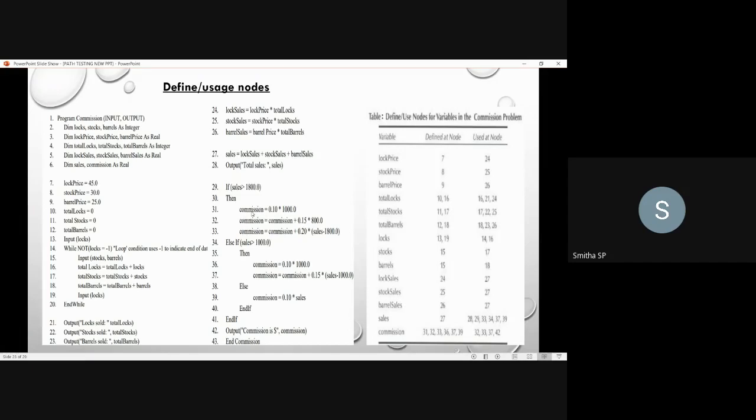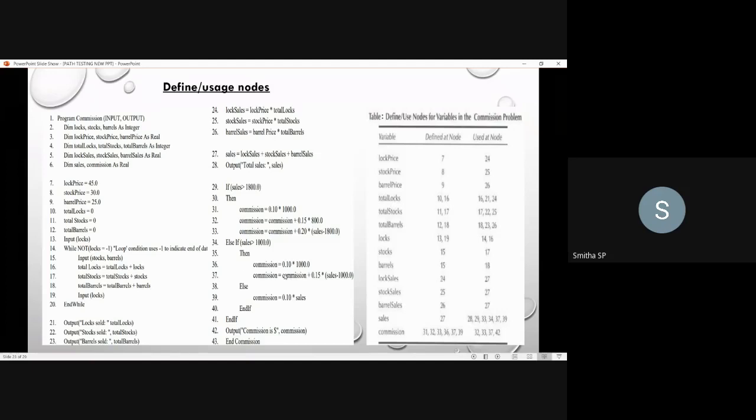This value will be used in the 32nd node for the calculation of 15% of commission, right? So in the 32nd node, you will be making use of this commission. Similarly, in the 33rd node, whatever value you get by using this commission will be stored in the 32nd node, where you have defined the commission. That value will be used in the 33rd node. So here the usage nodes are the 32nd and 33rd.